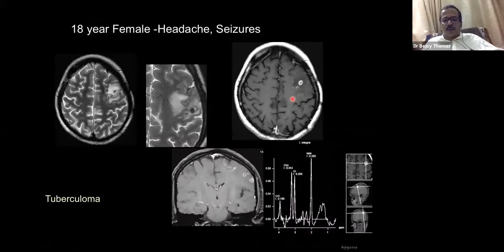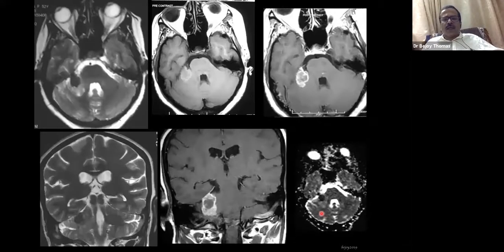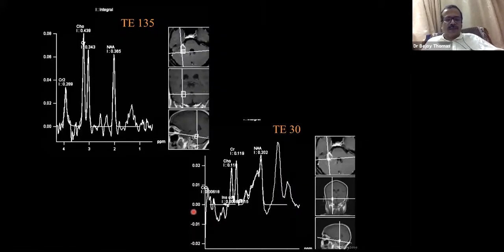the published literature. And again, tuberculomas, you can see the lipid, but you should be careful that you are not reporting a lipid from the scalp. And this is, for example, another case where you can see a granuloma treated as a tuberculoma for many months, and it was not actually getting resolved. You see a spectrum, you see a lipid there, but because the patient was not